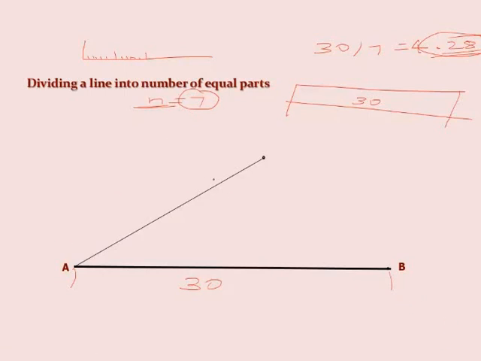For example, I want to divide a line into 7 equal parts. The easiest length is say 70 mm. So this length is 70 mm. After that, this line needs to be divided into 7 parts, like 1, 2, 3, 4, 5, 6, 7. If this length is 70 mm, each part will be 10 mm. I'm not saying you should always take 70. Take some convenient length which can be easily divided into the parts we are going to choose.